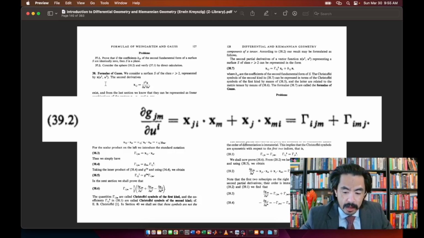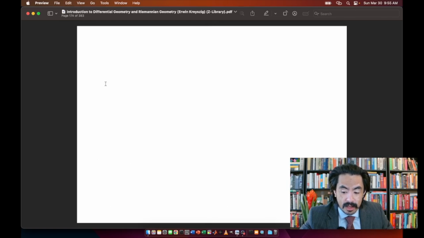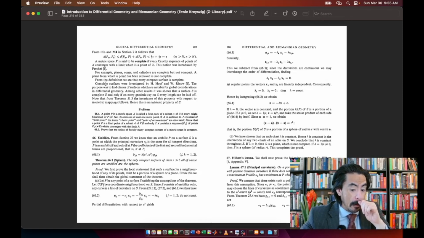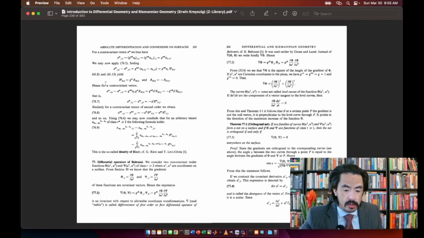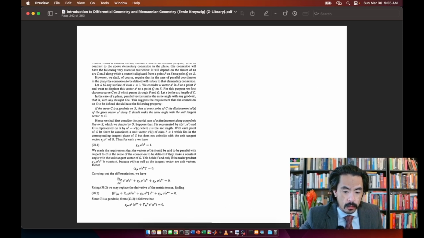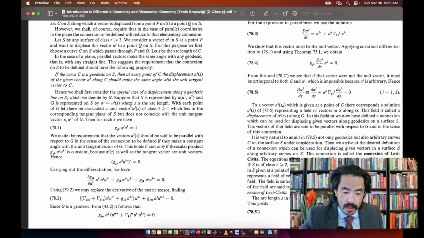People will say gamma sub ijm, but I say Christoffel because I guess I'm just weird that way. But it could be a gamma function, you know what I mean? Are we going to start doing PDEs here where maybe a Bessel function is going to show up, a wild Bessel boy? Who knows? We've got to stay on our toes if that means calling something a Christoffel instead of a capital gamma.